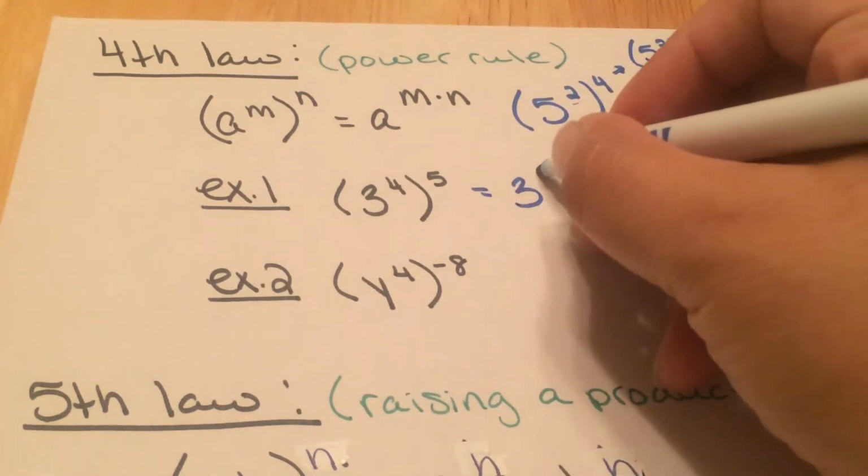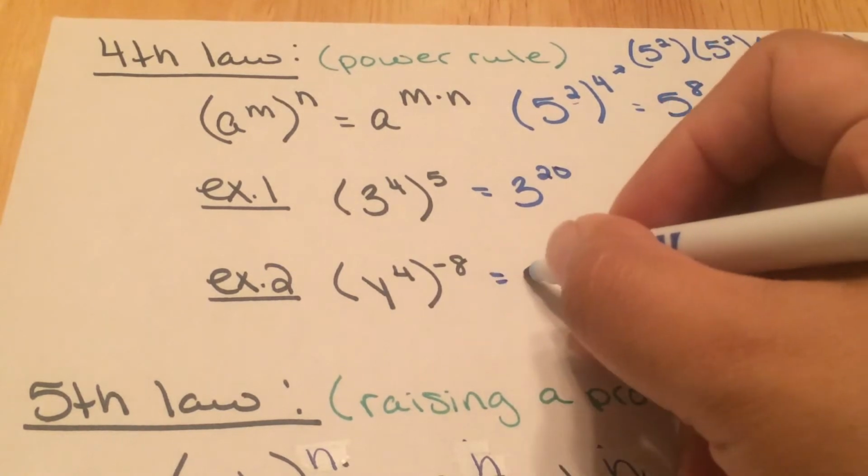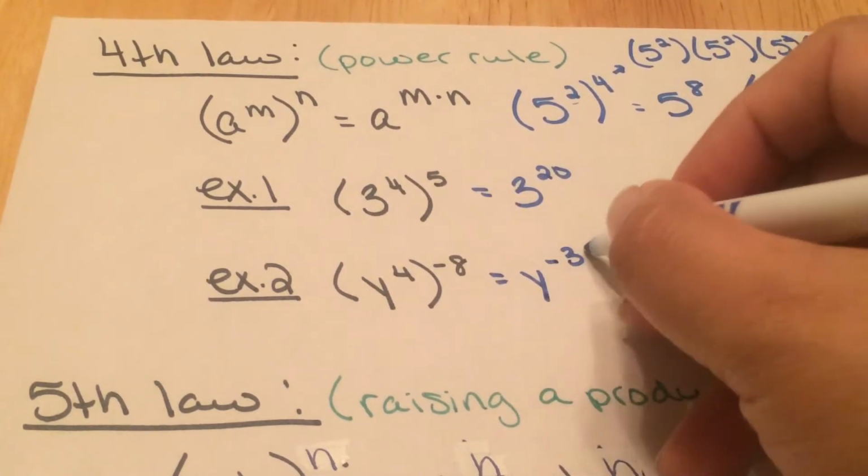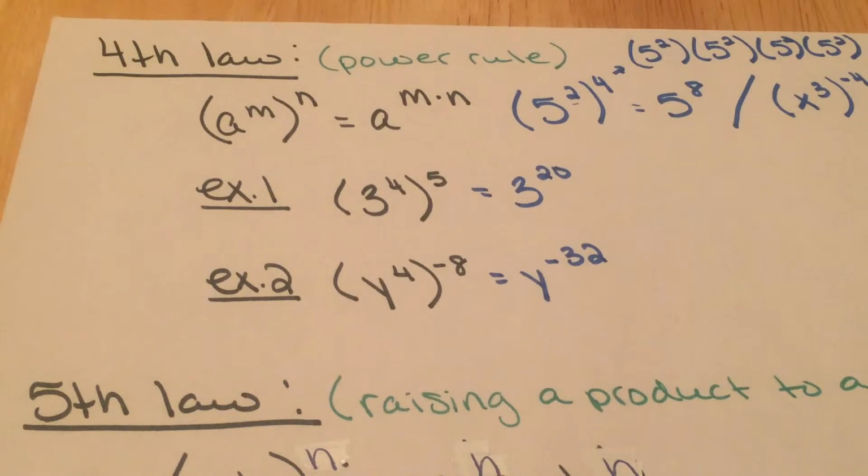Hopefully you got 3 to the 20th power and y to the negative 32nd power. Again, some kind of crazy negative happening. So let's move on